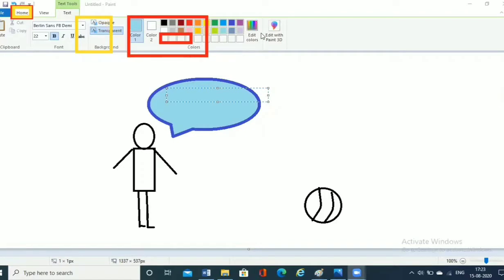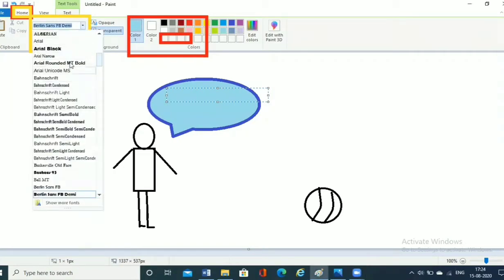Before typing, there are some more facilities which the MS Paint text tool provides us. Once you have chosen the text tool, the next thing available is the font. You can choose the style of text here; there are n number of fonts available.